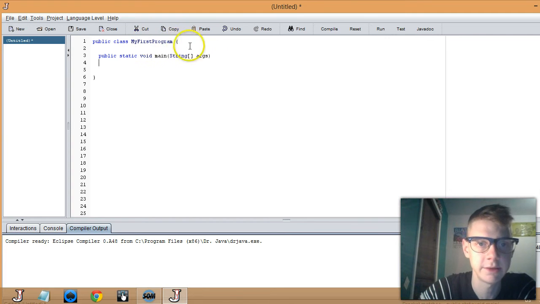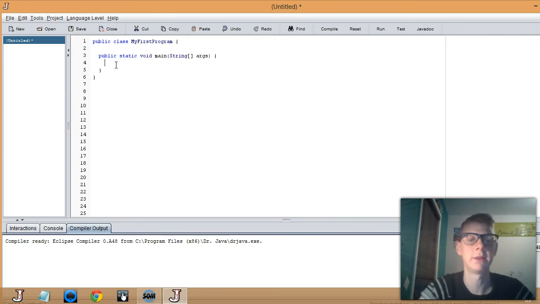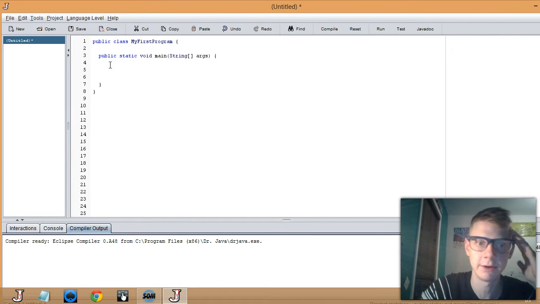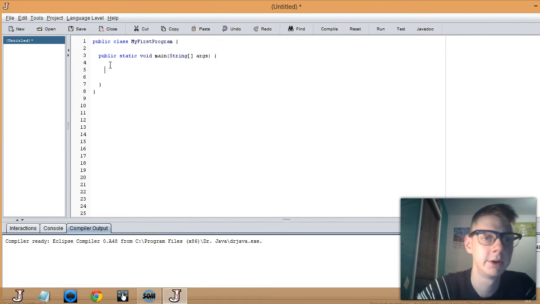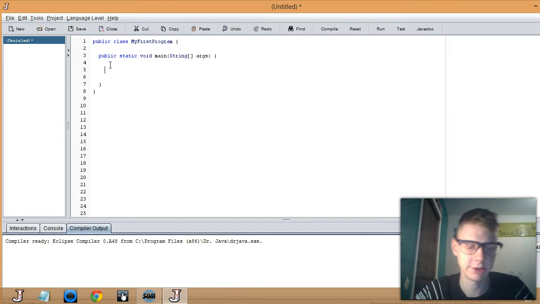Next, just like the class, we put an open curly bracket. Next line, close curly bracket. So now everything between these two curly brackets is part of the main method. And it's really within the method where you're going to write a list of instructions of whatever you want your program to do. So like I was saying, we're going to be doing the very standard everyone's first program, which is known as Hello World. Okay, but I'm just going to change it just slightly,